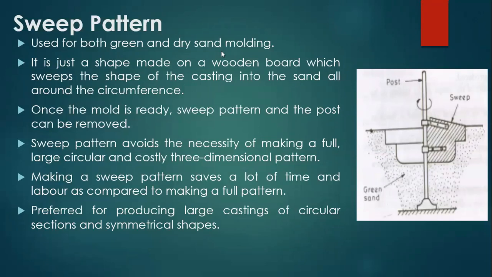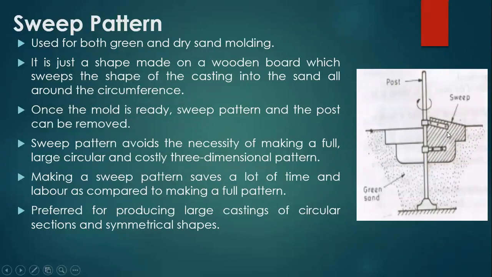Now you can see here, this hatching line is called a sweep. This type of pattern is used when I have to make a bigger three-dimensional casting without making a bigger three-dimensional pattern. Only a small sweep is made. In the previous types of pattern we have seen, the pattern is very similar to the final casting, but here you are making a part of the pattern, not a complete pattern. Manufacturing of a complete pattern will take more cost, and its molding will also take more time. That's why we only have to prepare the sweep.